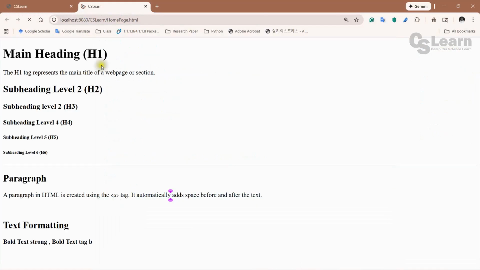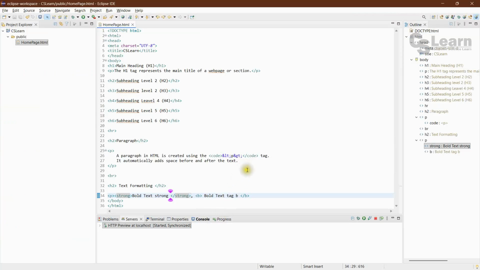Right now you see that, right? So the bold text using strong is created by the strong tag. Okay, right. And next,